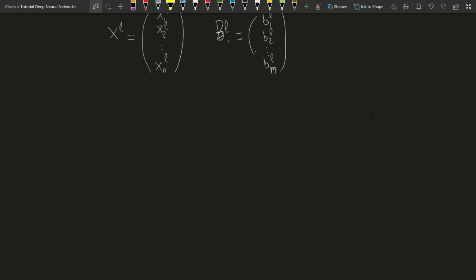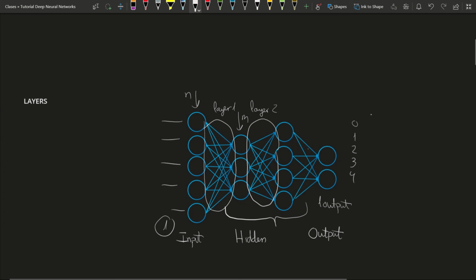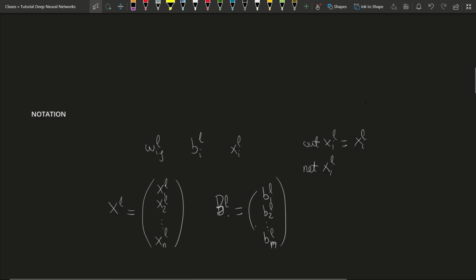Now also we can define the weights in a matrix, that we will notate as the weights W in position L. As you should know, this layer will be associated to layer 1, so the weights here will be in layer 1, the weights here in layer 2, and here in layer 3. Okay, so if we have this size of this layer n and the size of this layer m, we can denote the